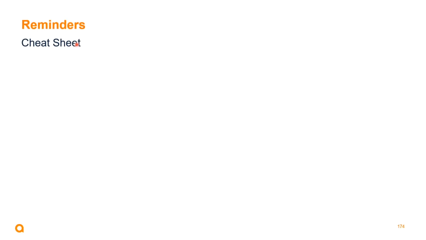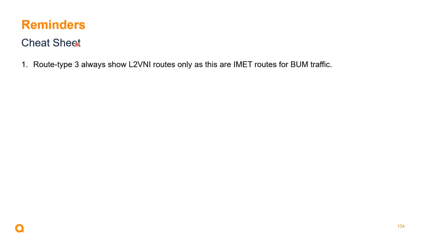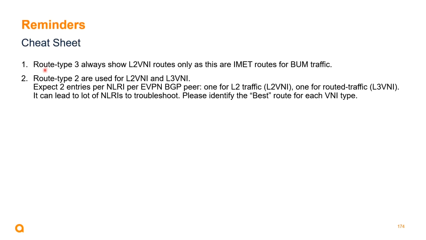Reminder, cheat sheet for troubleshooting, I think quite important. Always check that the route type 3 that you learn for the L2 VNI routes local, remember this is used for BUM traffic, that they are not exported outside. So again, you have a route type 3 that can be used internal to the fabric. Those routes are not necessary to be exported outside of the fabric, because we are not going to construct tunnels from the local leaf of a fabric to another local leaf of another fabric.